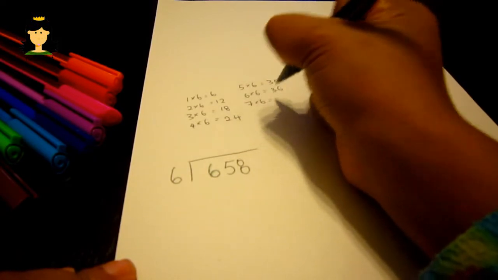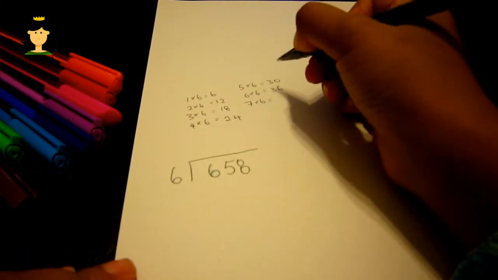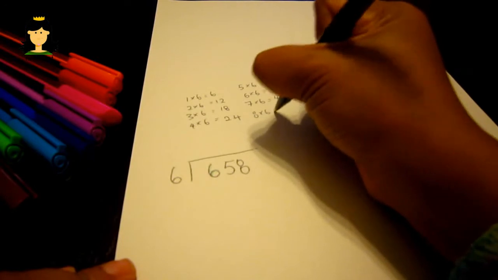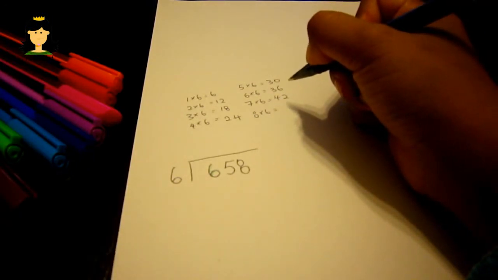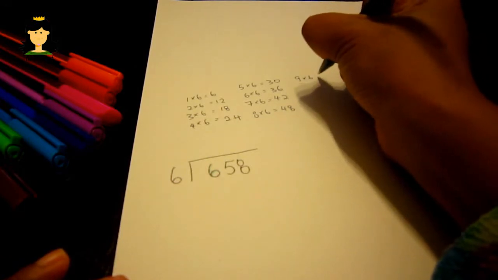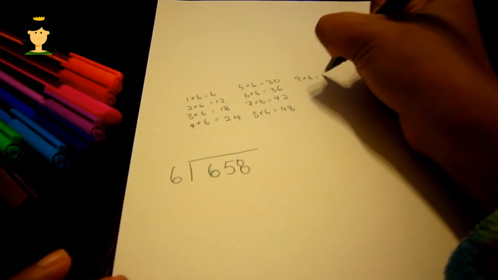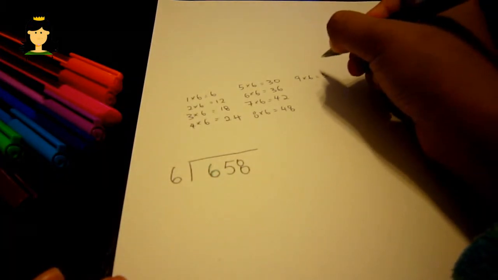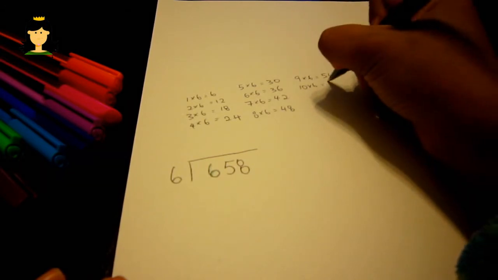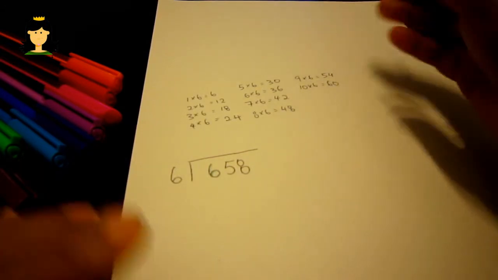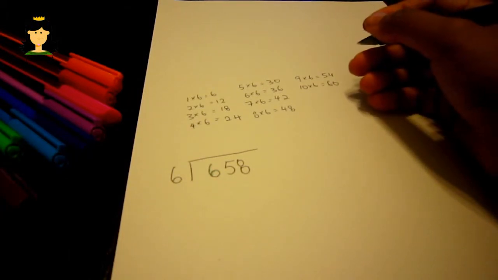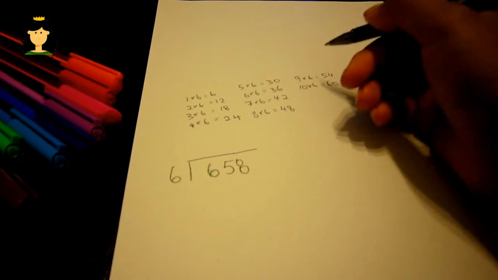7 times 6 is, let me see, 42. 8 times 6 is 48. 9 times 6 is 54, and 10 times 6 is 60. Wow, I did this so much better when I was in primary school, I can just tell the answer in a split. I have to think again. Anyway,